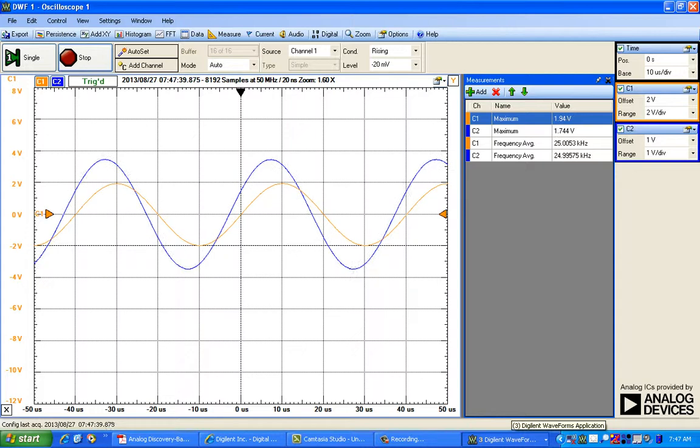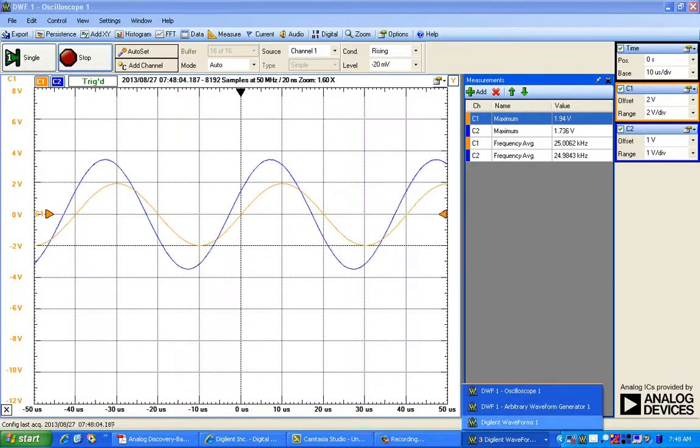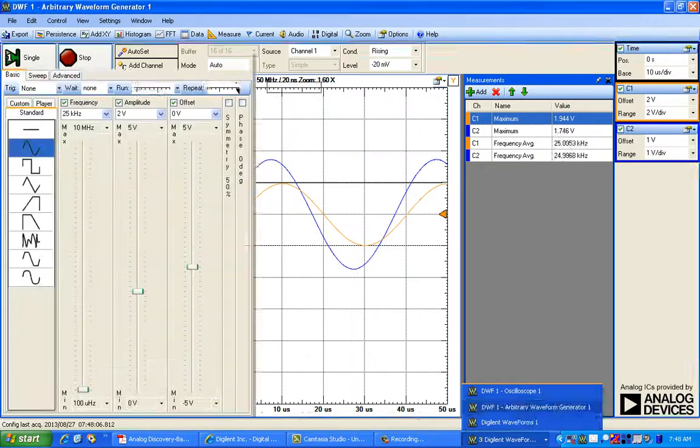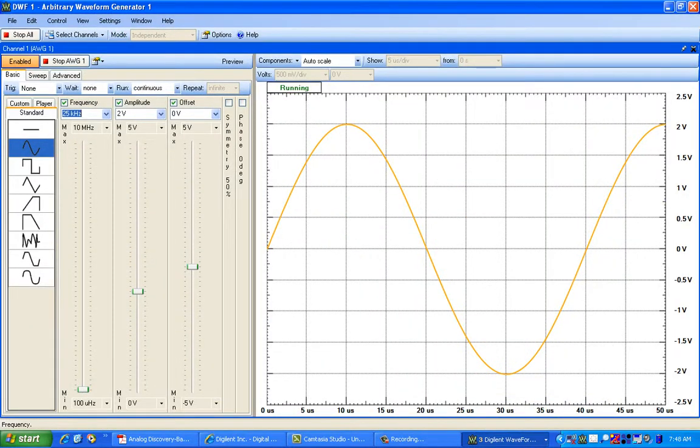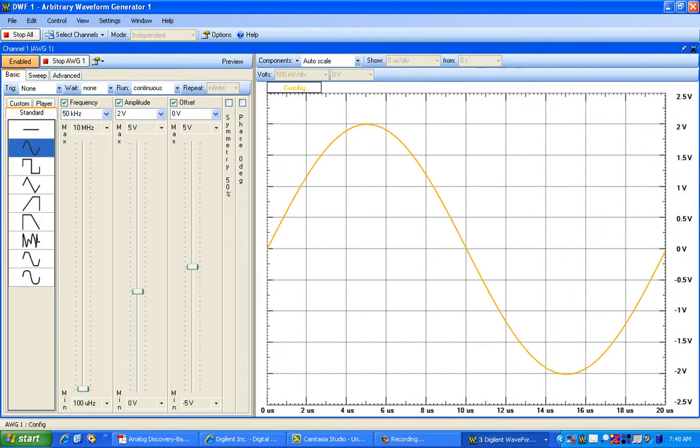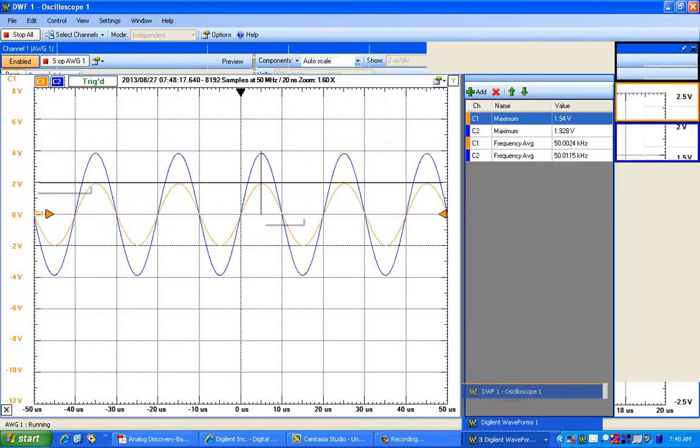This is what conventionally we do in our electronic circuits lab. When we want to draw the frequency response curve, we keep varying the input frequency for a wide range of values, and for each value of input frequency we measure the output voltage, and we tabulate those readings in order to draw the frequency response curve. So now we go back to our waveform generator window and set the input frequency to 50 kilohertz and go back to your oscilloscope.